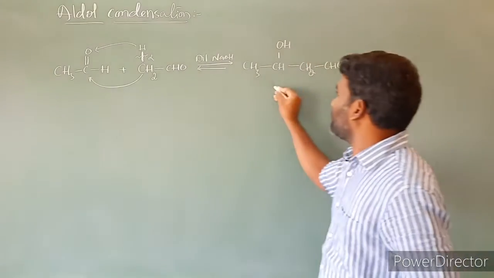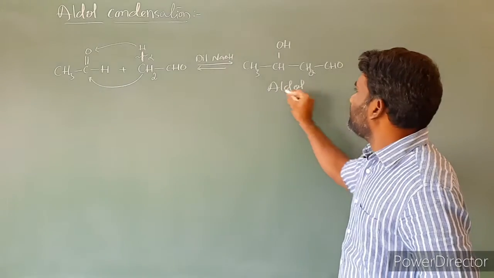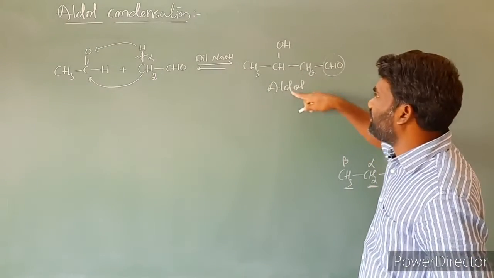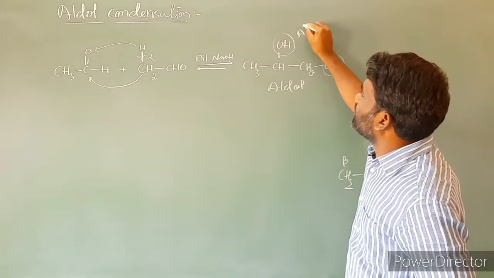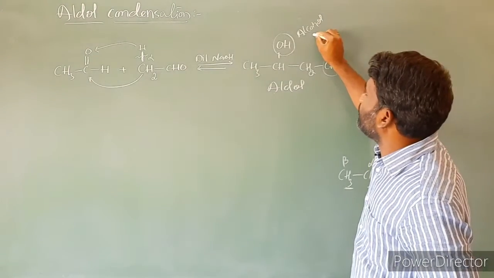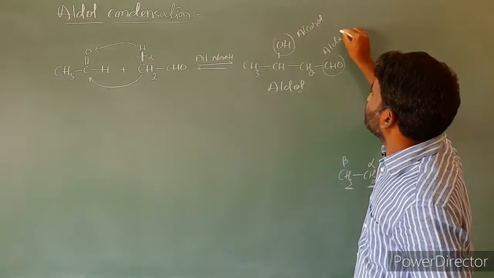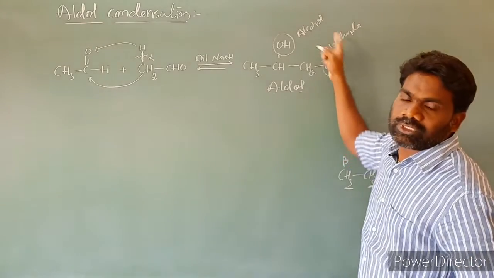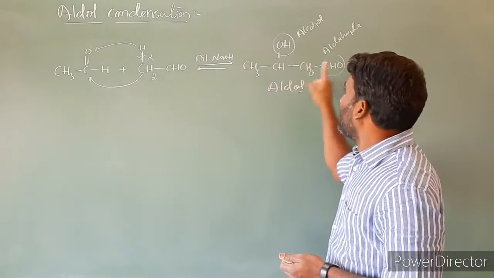This is called aldol, because we derived this name aldol on the basis of the presence of the functional groups. Here ald is from aldehyde. We gave this name aldol to this molecule based on the functional groups present in the molecule. This group is nothing but the alcohol functional group, so we write it as ol. So this is aldehyde, and based on the aldehyde and alcohol, both functional groups present in a single molecule, we write it as aldol.